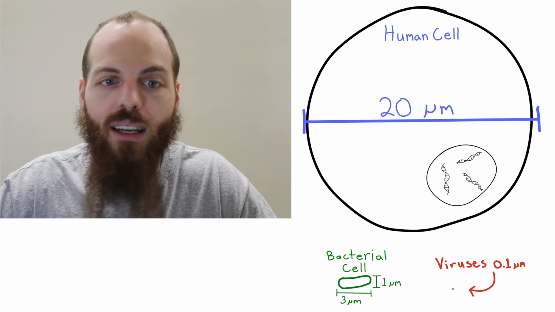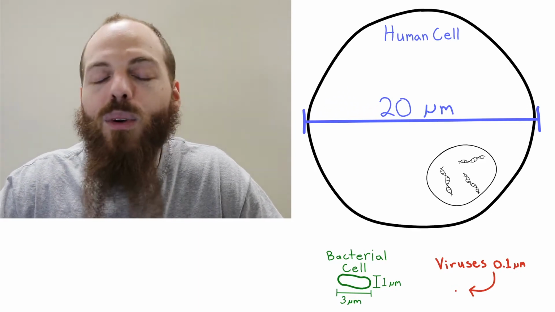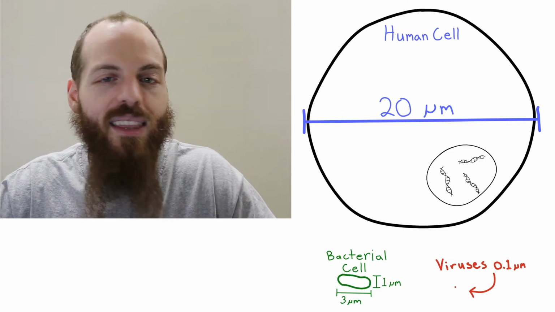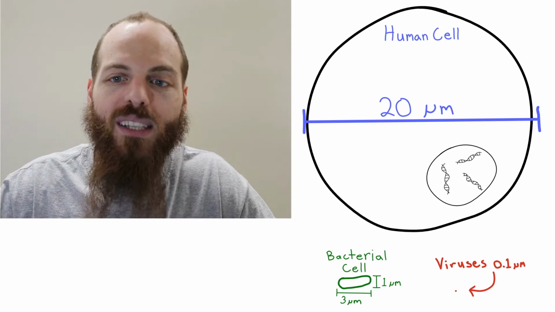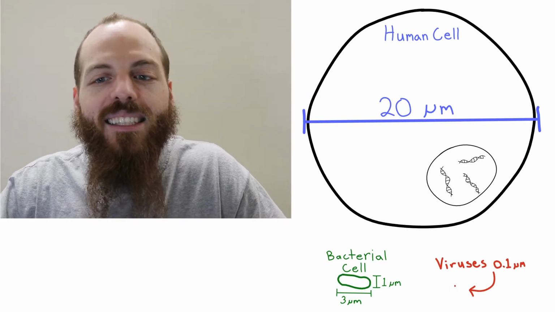In the water you drink, the air you breathe, literally everywhere, in bigger numbers than you could ever imagine. Now, they can be so small because they only have the bare minimum to work. It's like comparing a unicycle, which is the virus, to a motorcycle, which is the cell. The virus has just enough to work, like a unicycle basically just has a wheel so that it can roll.